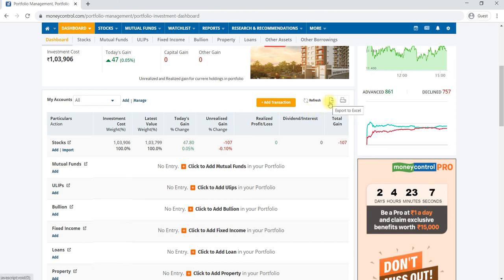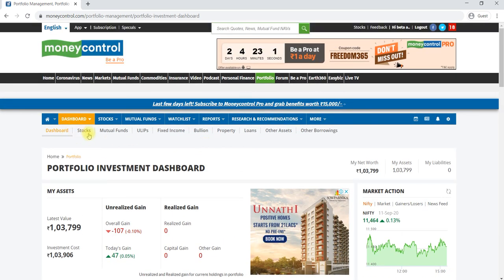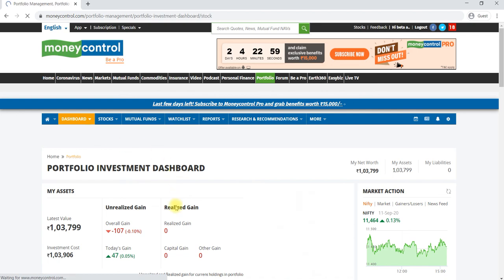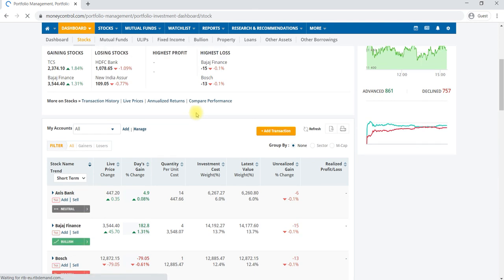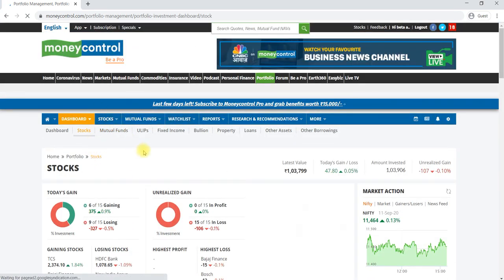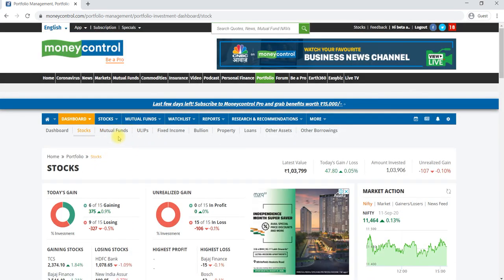You can export all the transactions and stock values to Excel, and you can refer to the stocks you have invested in and the current situation of a stock. And if you are invested in a mutual fund, you can add the mutual fund also here. If you would like to generate a report, you can generate a report related to your portfolio.